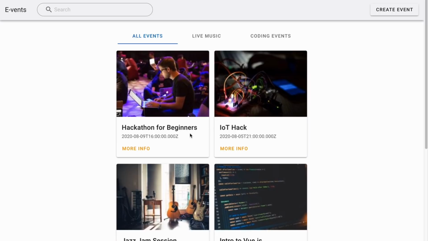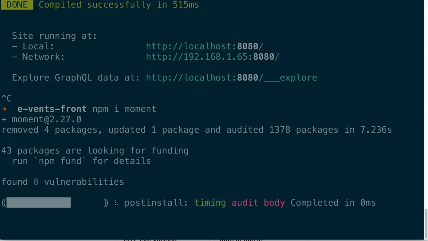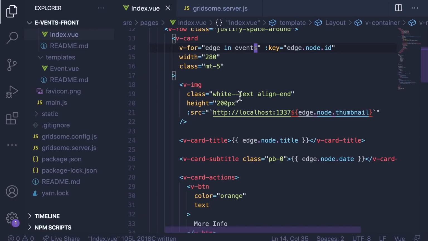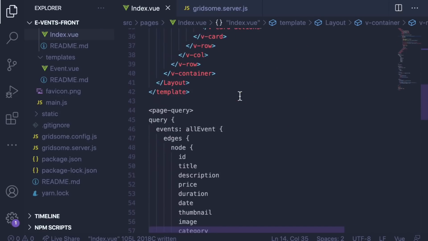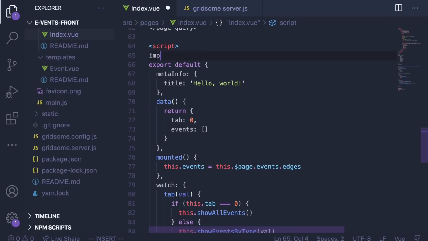Now there's one more quick thing that I want to fix here, and that is this date. So I'm going to stop my server and npm install moment, which is a JavaScript library that makes it really easy to format dates and has tons of helpful date methods. And now I will rerun the server, and I'm going to pull moment into this component. In my script tag, I can import